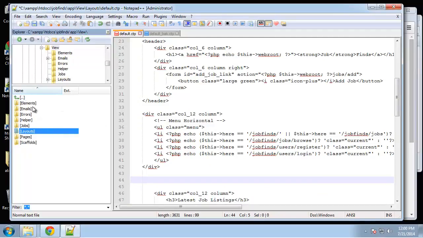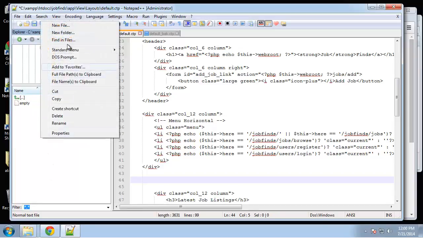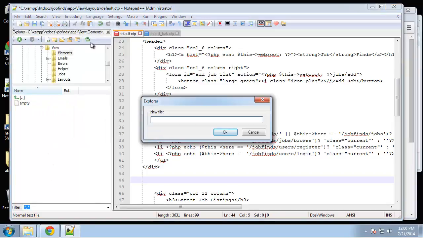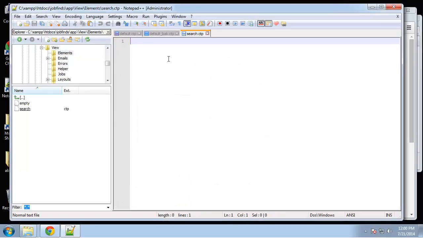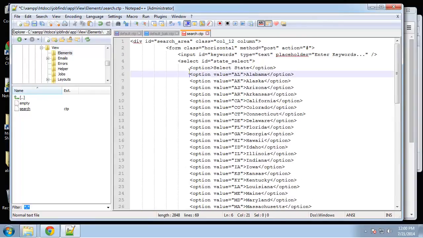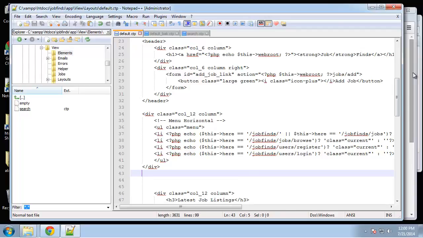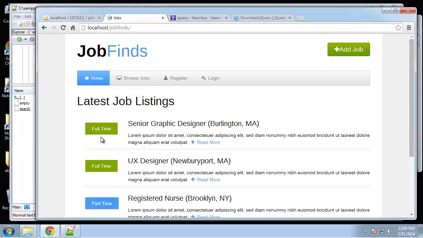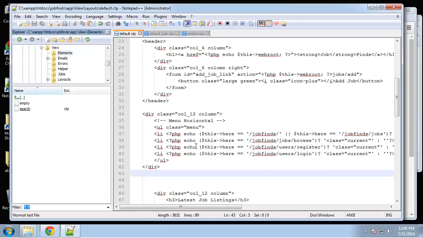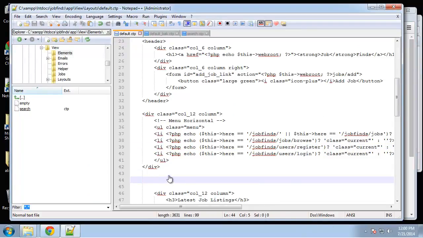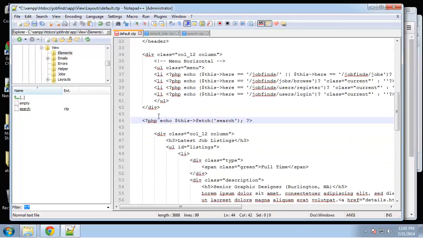inside of the view folder, go to elements, and I'm going to create a new file, and I'm going to call this search.ctp. We'll paste that in, save it, and right now if we save the default layout and reload, you can see that the search is gone. So what we need to do is just include that element into our template, and that's very easy to do. We just want to say echo this fetch and then whatever the name of the element. So now if we save it,